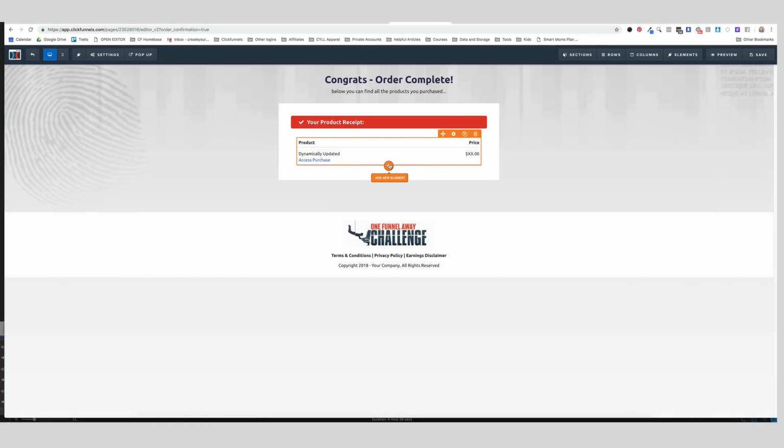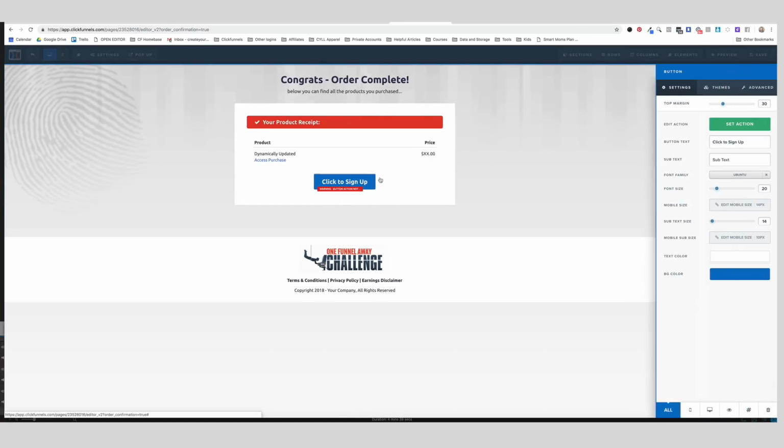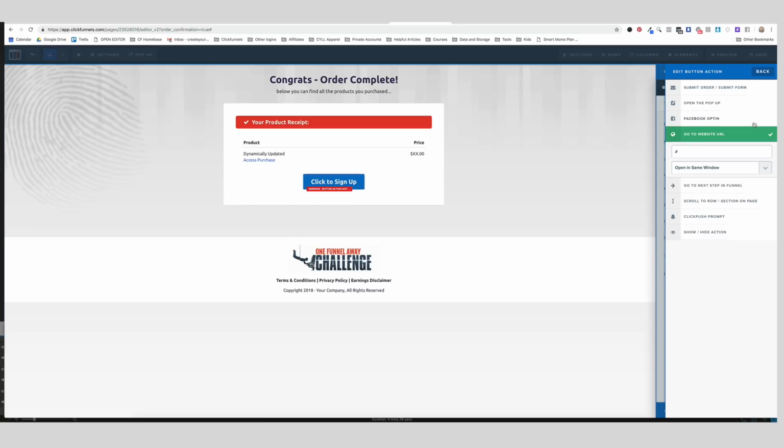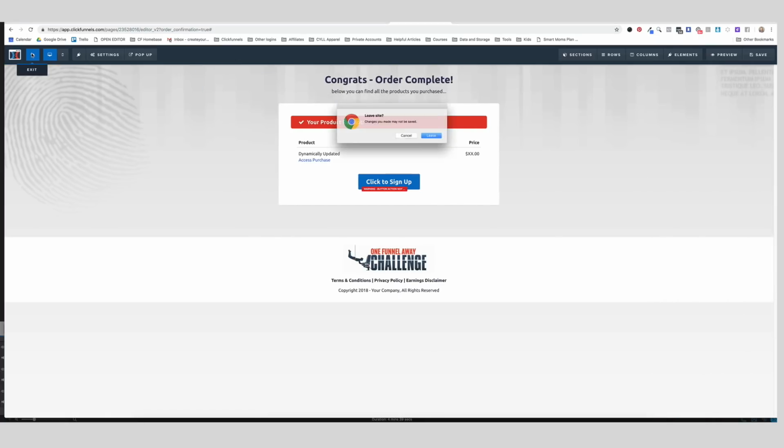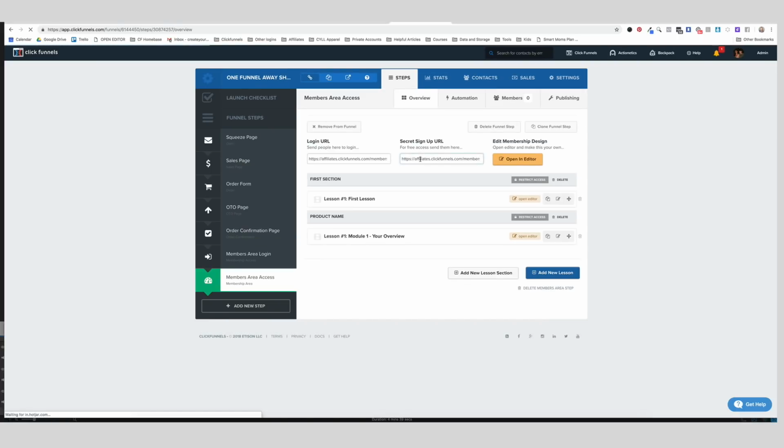Oops, you can create a new element like this, put a button. The button action that you want here will be go to website URL. Okay, and the website URL that you want, I'm going to just exit out of this, is this one right here, the secret sign up URL, because they need to create their account first. So use that URL as the button action, and that will take them directly to create their account so that